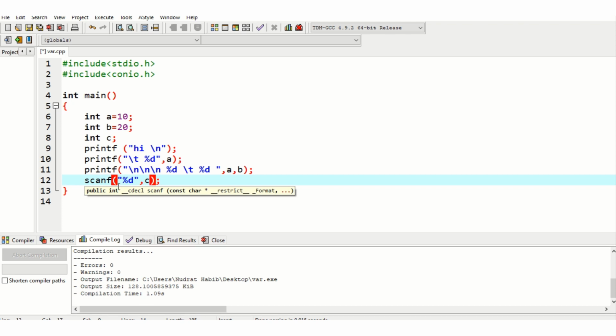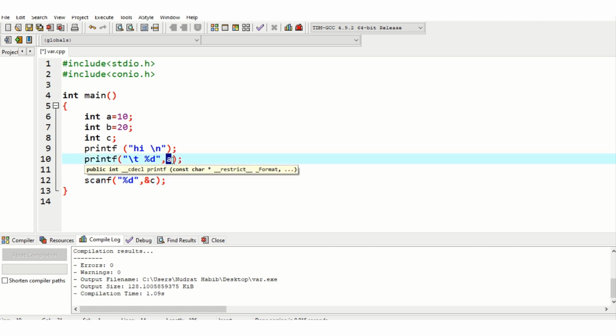The only difference between scanf and printf is that we add an ampersand symbol. Now what's the function of this ampersand symbol? This ampersand symbol is used to get the address. You see, here we already have a value, we are just displaying that value.